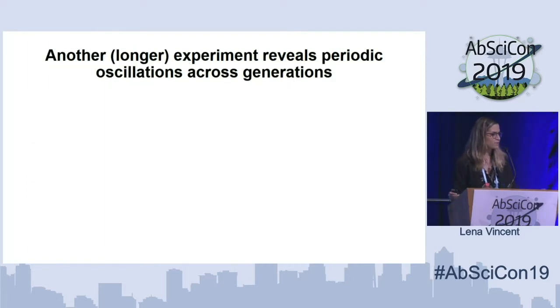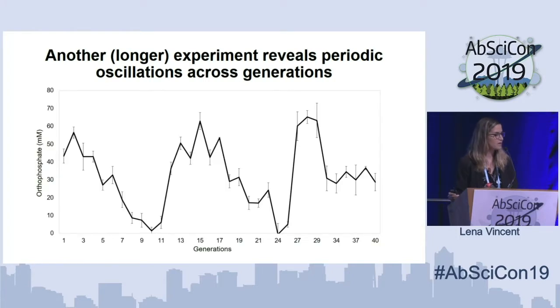So with these results in mind, we decided to repeat the experiment. This time we carried it out for longer, and we also took measurements at the end of each generation. And this is what we saw in the free orthophosphate concentration. This time I've plotted it to reflect the average of our 10 independent experimental lineages. And you can see pretty clearly this distinctive oscillatory pattern where we have an initial, what we call our boom phase, that is this linear decline in the amount of free phosphate, and then a sudden reversal in that trend where we go back to our initial phosphate levels, if not overshooting it a little bit.